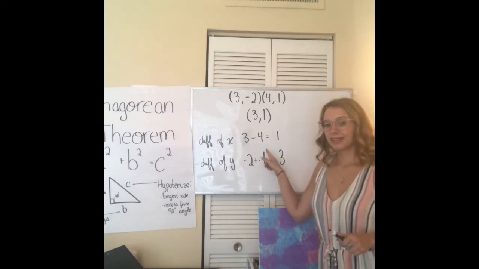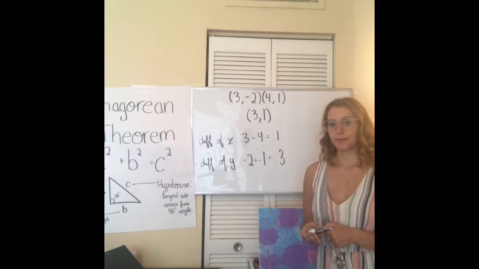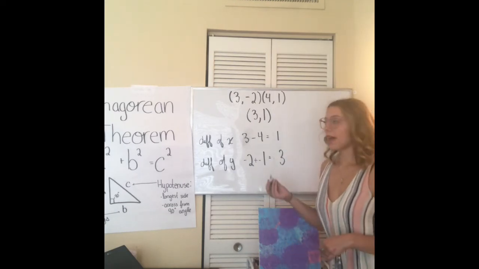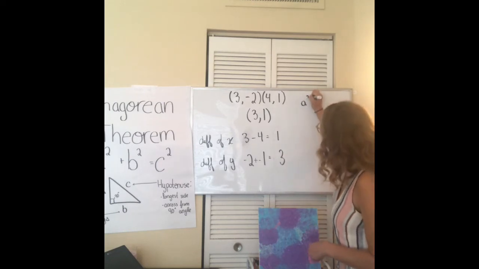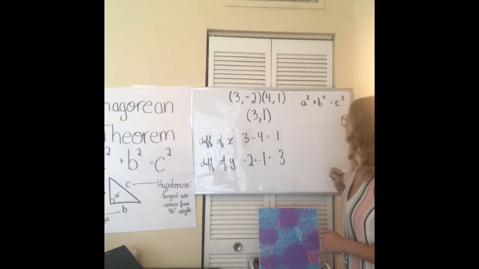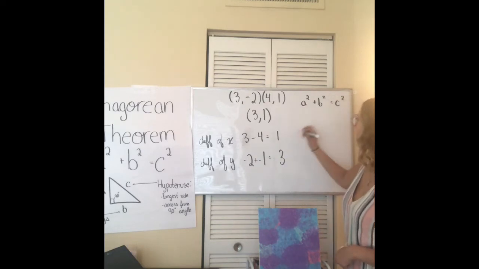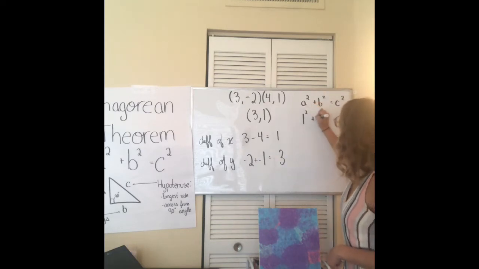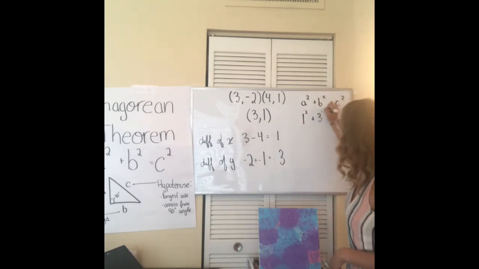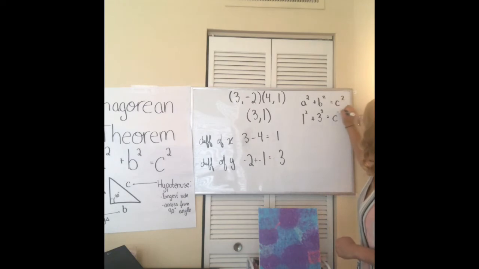So our side lengths are 1 and 3. And we're going to plug these values into our Pythagorean theorem. A squared plus b squared equals c squared. Our a value is 1, so 1 squared, plus our b value is 3, so 3 squared equals c squared